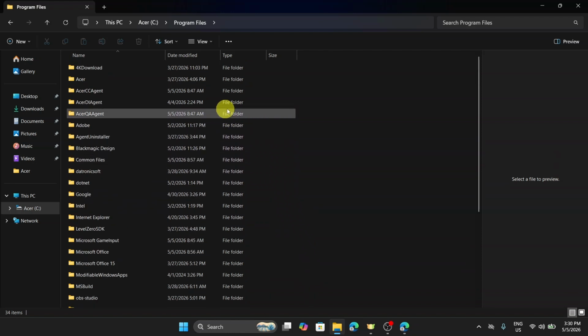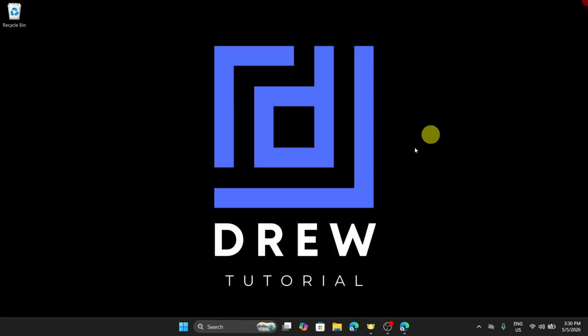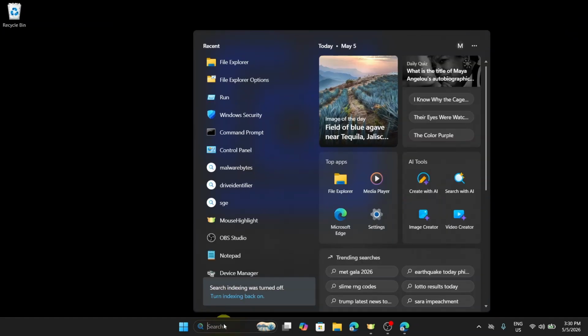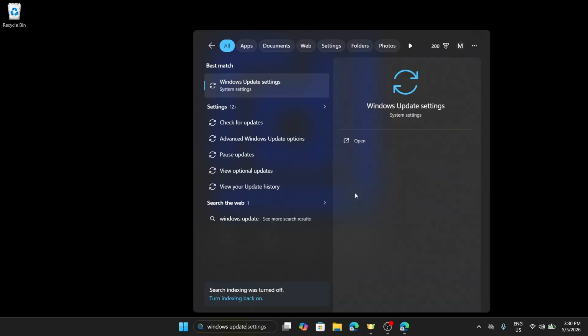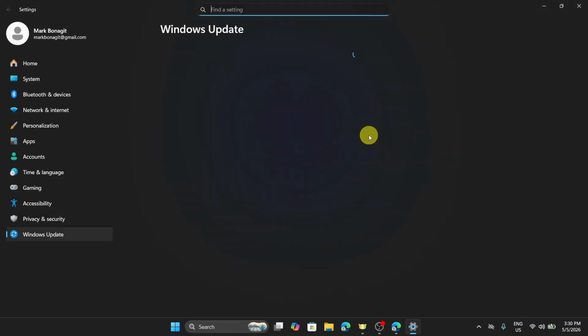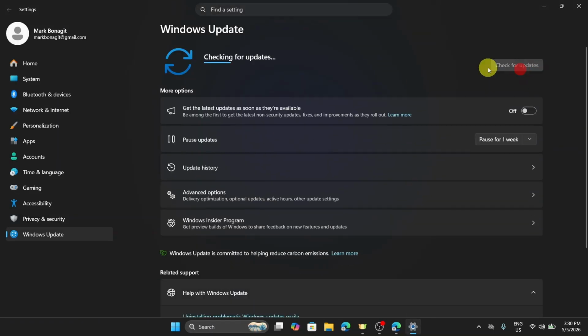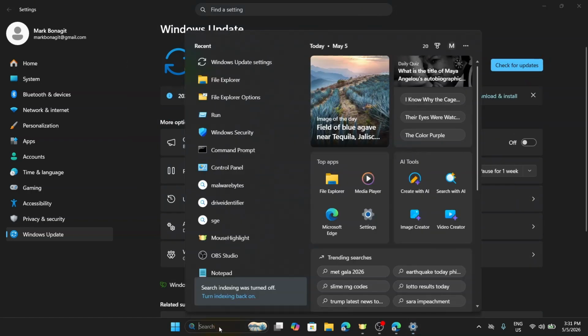So once you do that, what we're going to do next is to go into our search bar once again, and then search for Windows Update, and then click on Open. After that, just check for updates right there. So all you have to do is look for updates, and if there are available updates, make sure that you update that. And then once it is done, just go here on the search bar and then search for